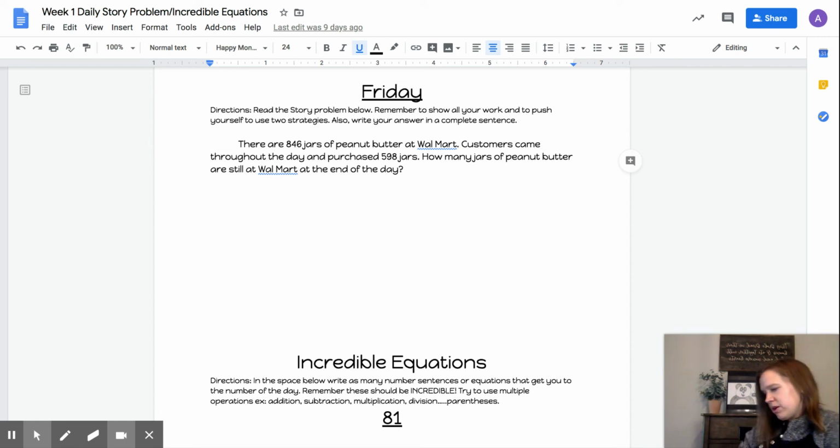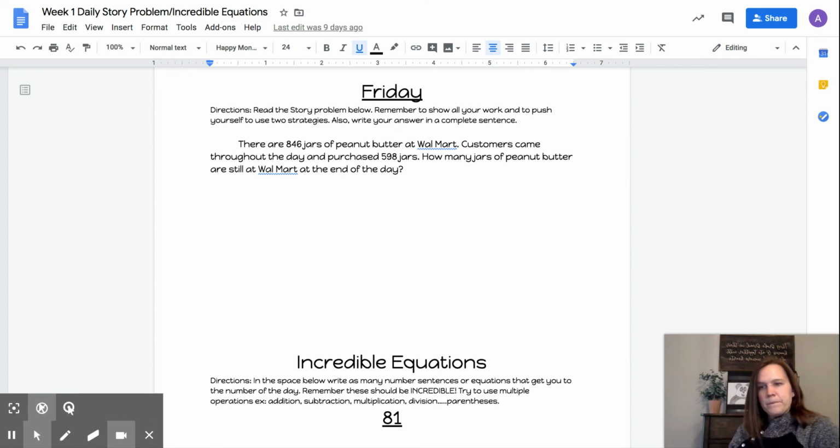I'm going to cross off that 10, give it over here to my 1, so I have 16 ones, subtract 8 ones, and because I know my doubles facts, I know that 8 plus 8 equals 16. That 16 subtract 8 is 8. All right, so now I need to put what I have left back together. And I have 200 plus 40 plus 8 equals